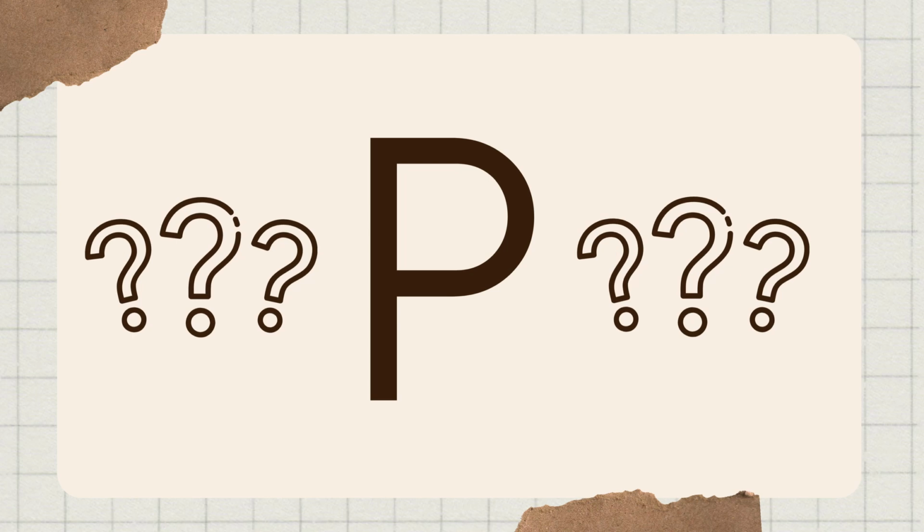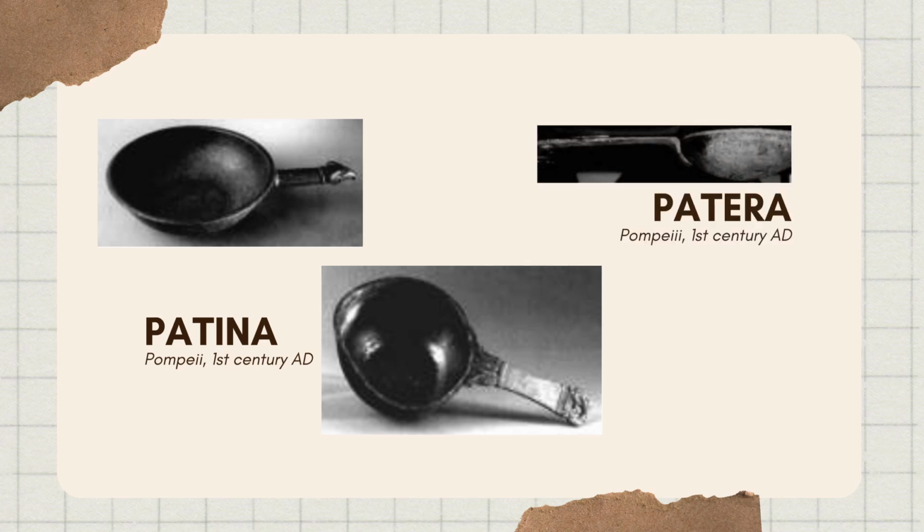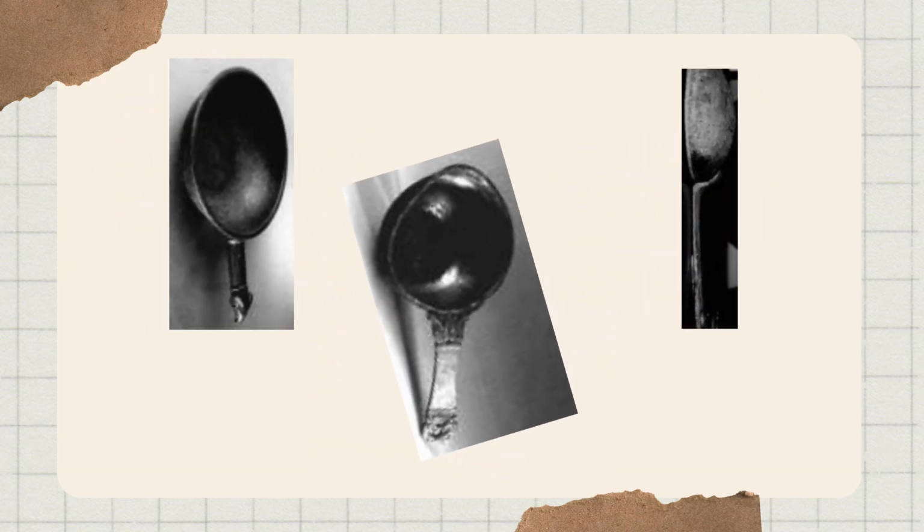We can imagine that the letter P, in the eyes of the Latins, took the form either of a patina, which was the ancestor of the pan we use today, with its globular basin and handle, or of a patera, a shallow dish typically featuring a large rounded bowl with a tubular handle, used for ablutions before meals, often found in the ruins of Pompeii, associated with a jug for pouring liquid. Seen from the side, don't you recognize, through these tools, the outline of our letter P?